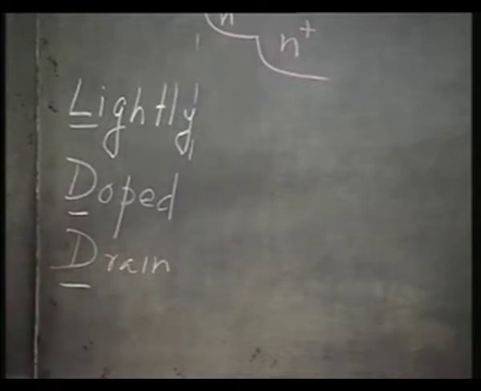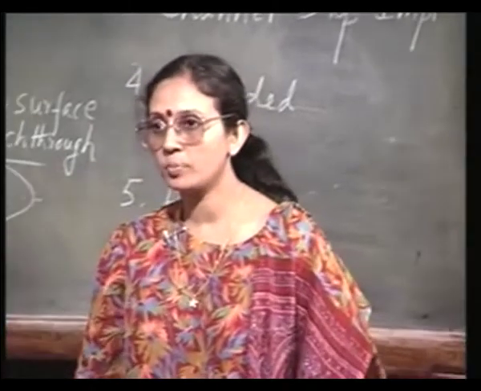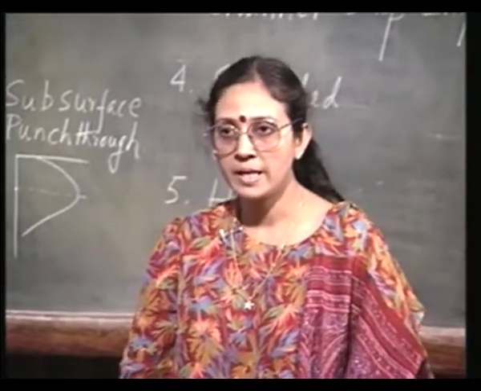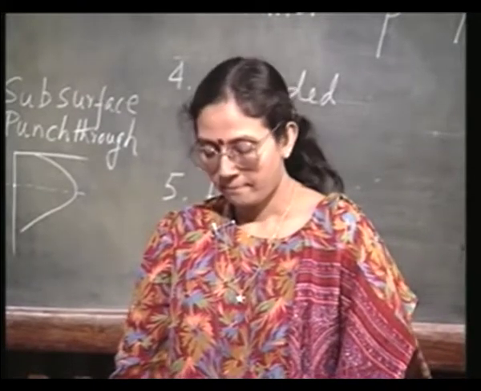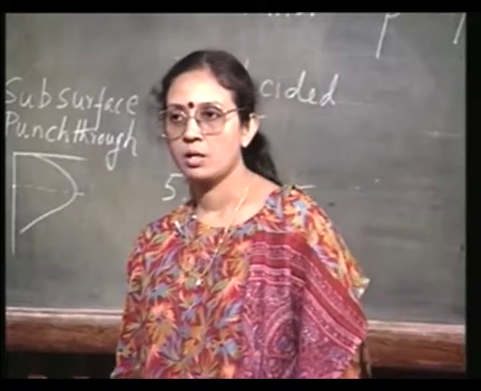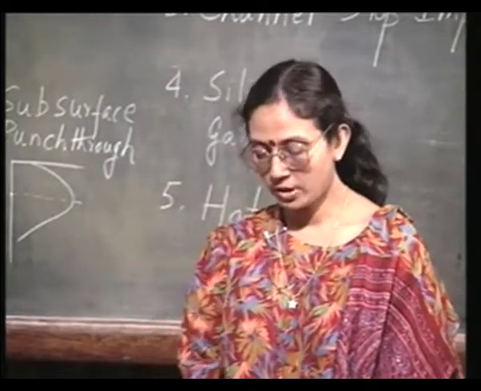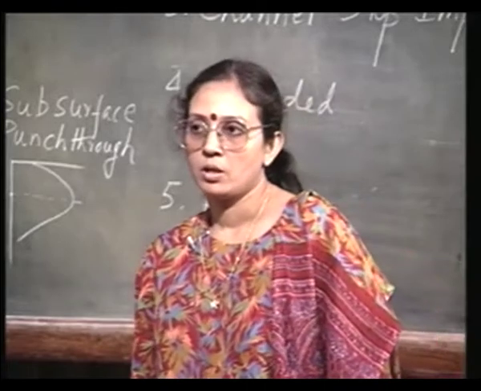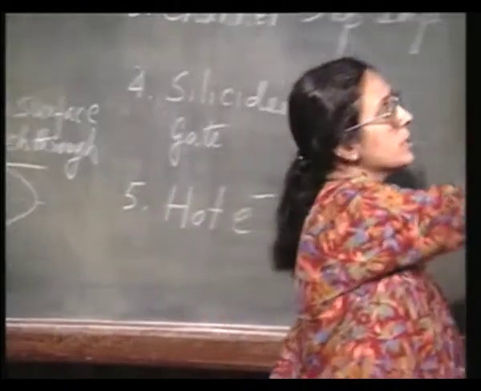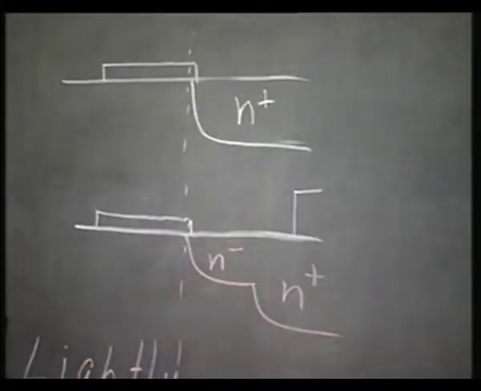Or sometimes called the double doped drain, DDD, or lightly doped drain, LDD. Now, you see the point is this: the hot electron effect can be reduced considerably even if you reduce the peak electric field here by a small percentage. That is, if the peak electric field here is reduced to 80% of its previous value, the hot electron effect will be reduced drastically because it is related exponentially to the value of the electric field. So, even if you reduce it by a small percentage, the effect will be